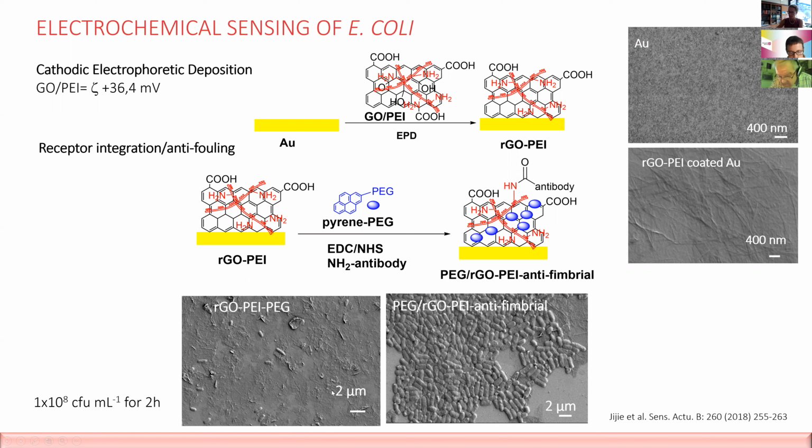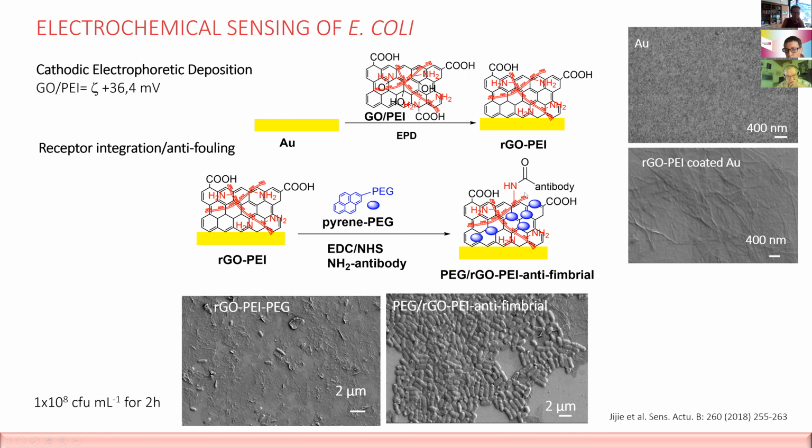And this is what you see here actually. If you dip for 2 hours into a very high concentration of E. coli, 10 to the 8, you see that almost no bacteria stick to the surface, while in the second case, the assay images on the right, we had this pyrene ligand present, but